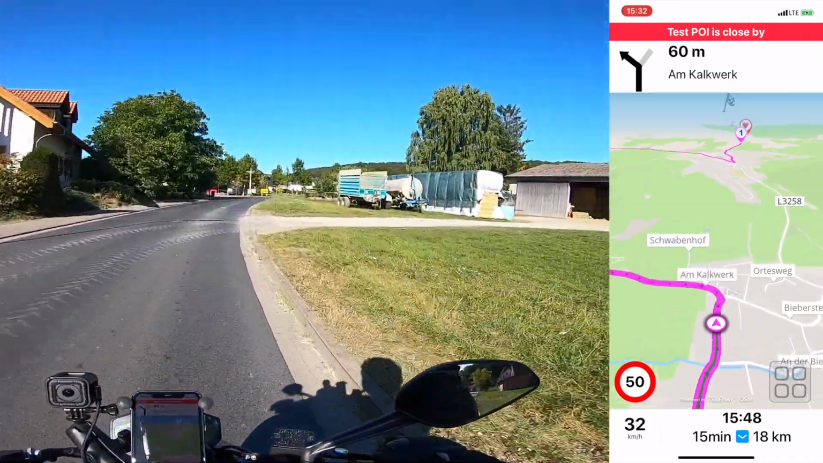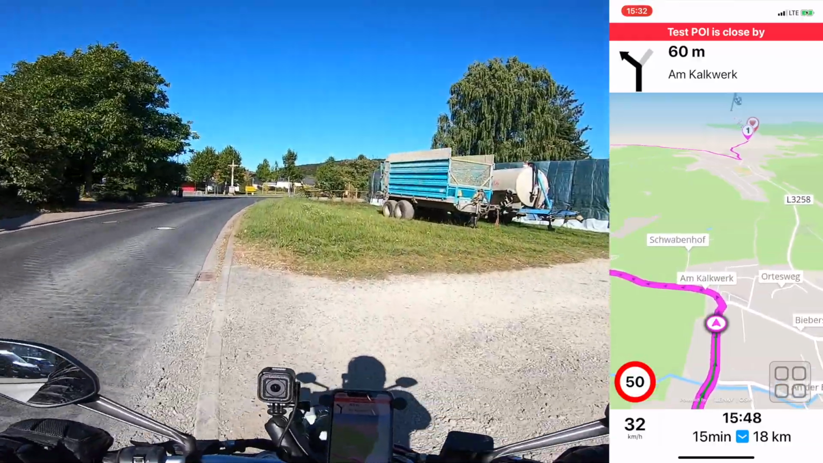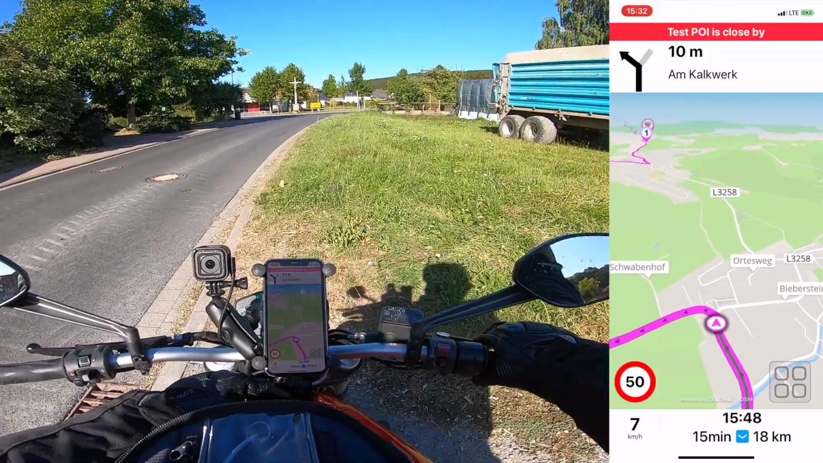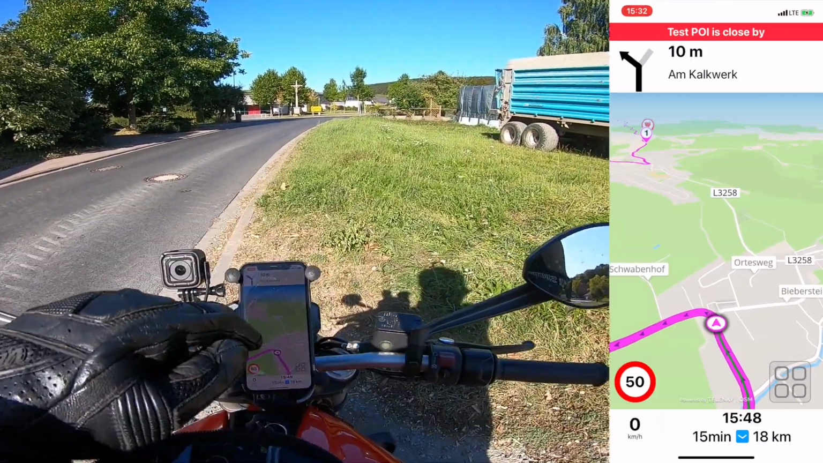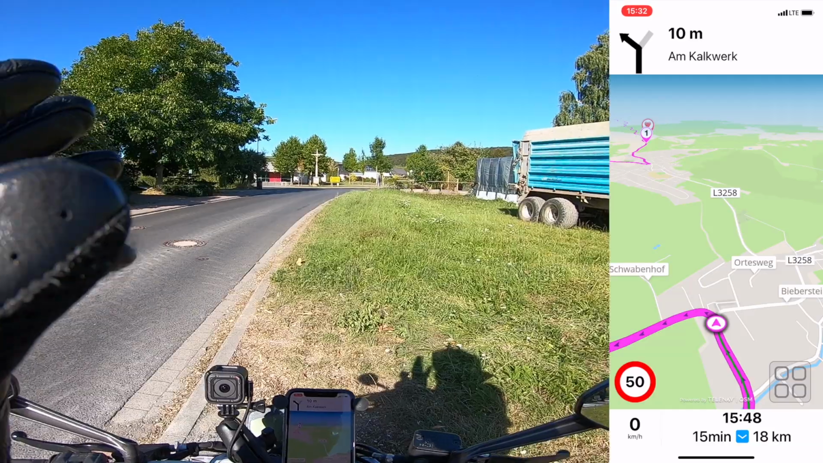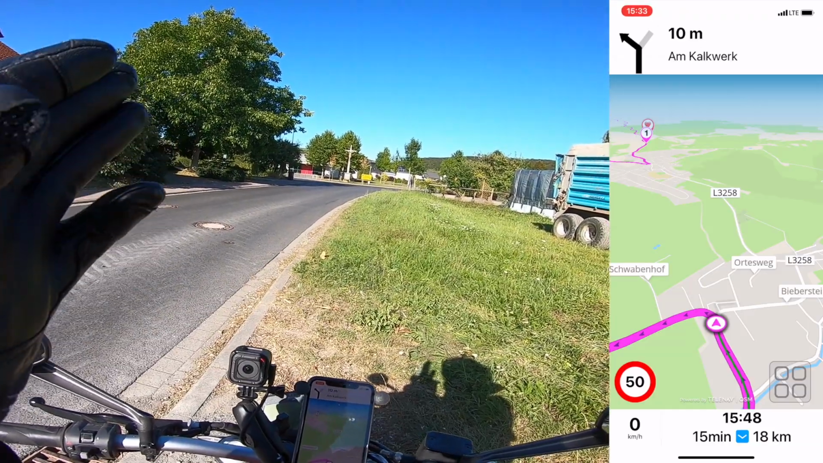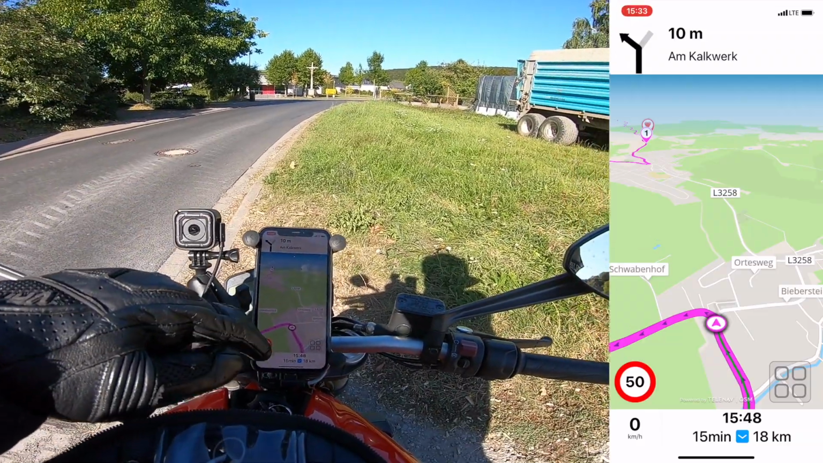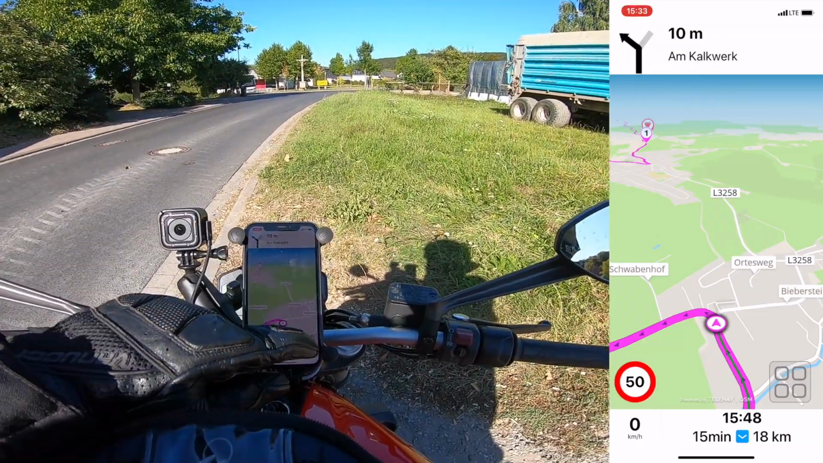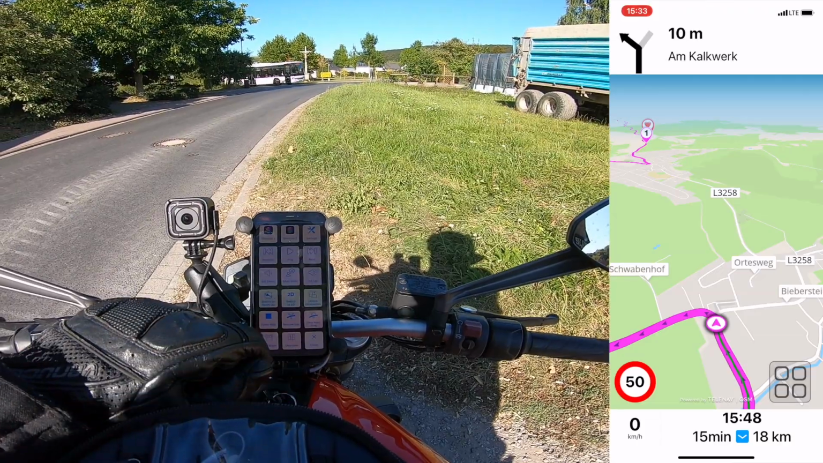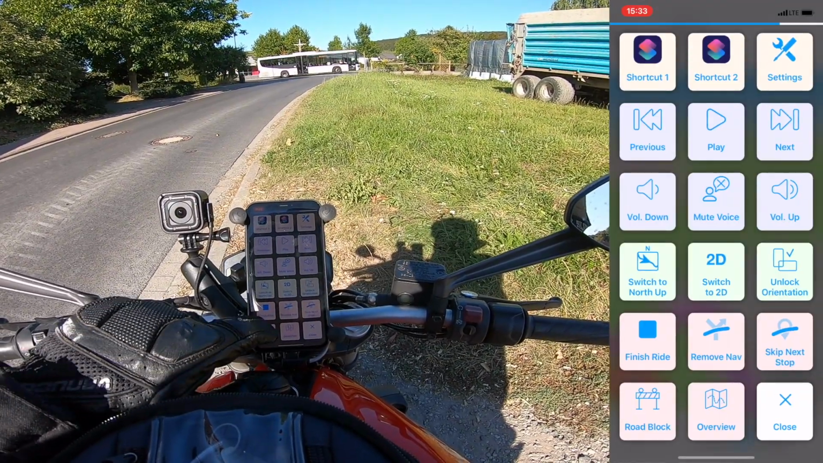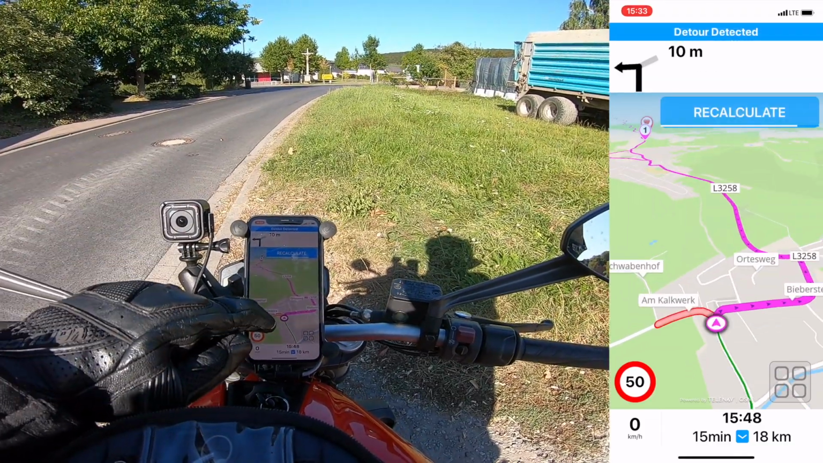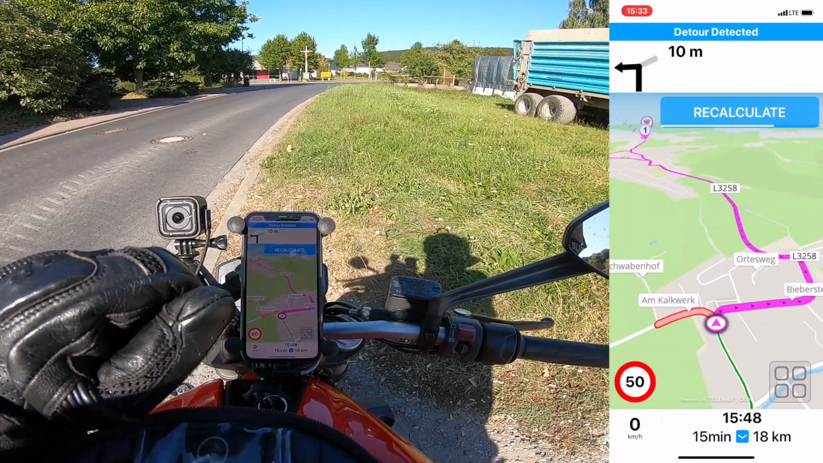But I'm also at the point where I want to show you some other feature. Now turn left onto Endlich. And for this one I switch off the navigation voice because it takes a second. So we simulate a situation where this road to the left, that is usually our route, is closed. There is a road construction, whatever. And for this we have this nice little feature, roadblock. You press it and you say, for example, for 250 meters. And in this case you can see we get a nice new route